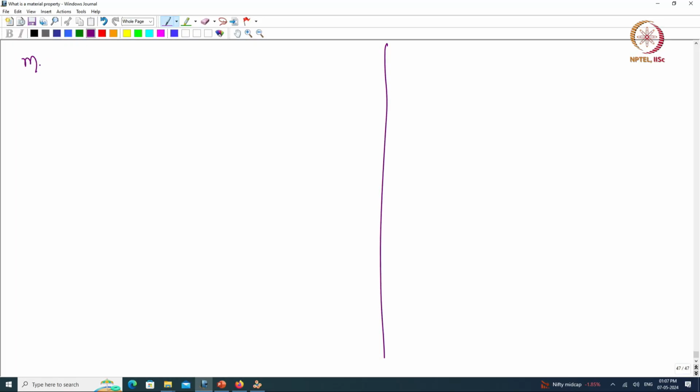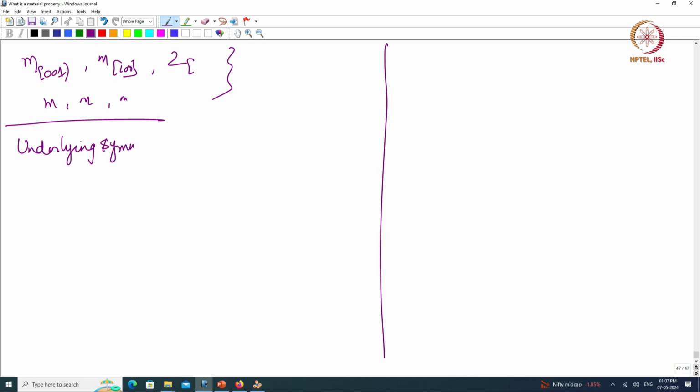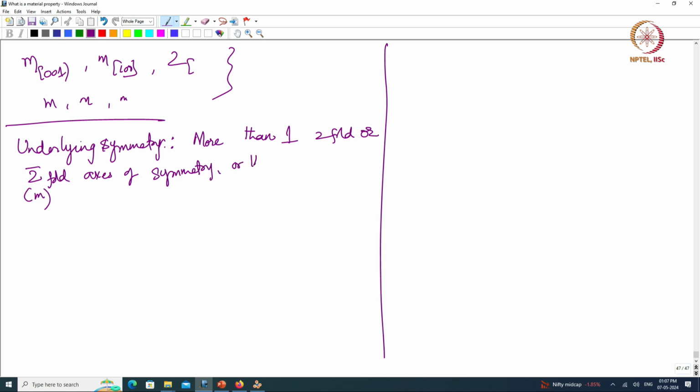So, I can have M 0 0 1, I can have M 1 0 0, and a twofold axis, or I can have 3 M's, right. All these things give me orthorhombic symmetry. Okay. So, underlying symmetry, if I have more than one twofold or 2 bar fold axis of symmetry. Now 2 bar fold is M, right, or their combination. So, I can have 2 bar, right, something like that. That yields an orthorhombic crystal system